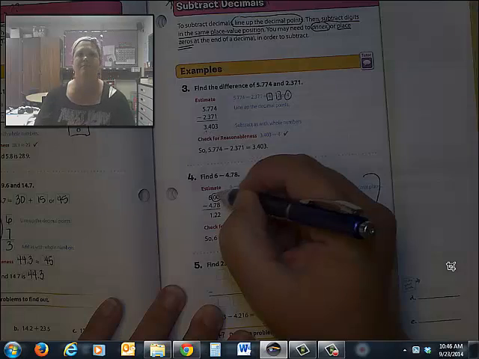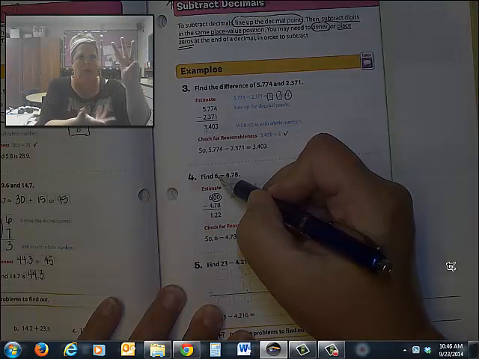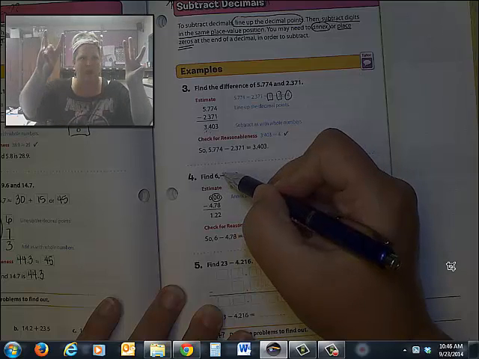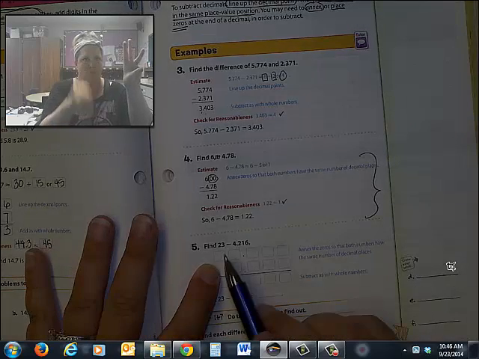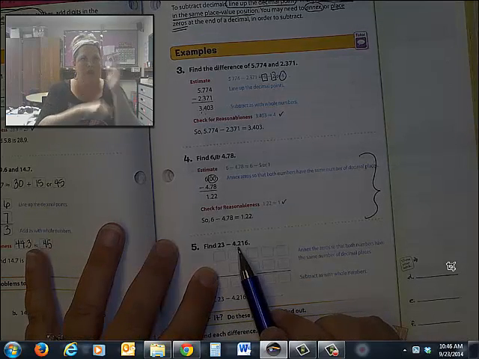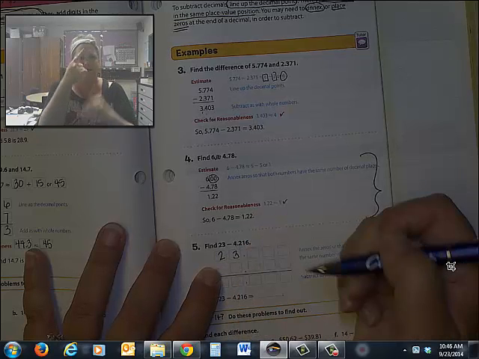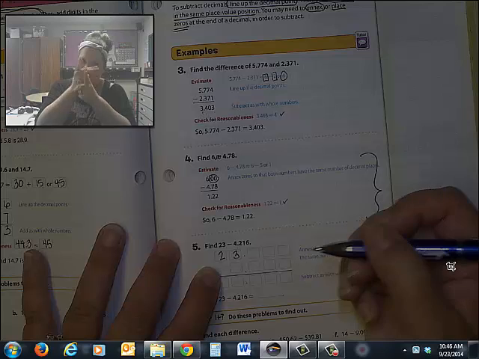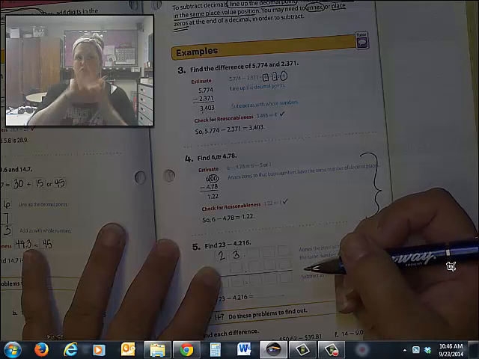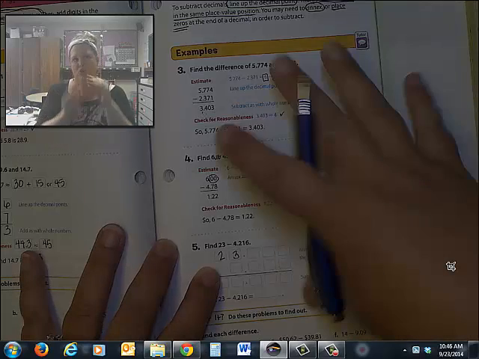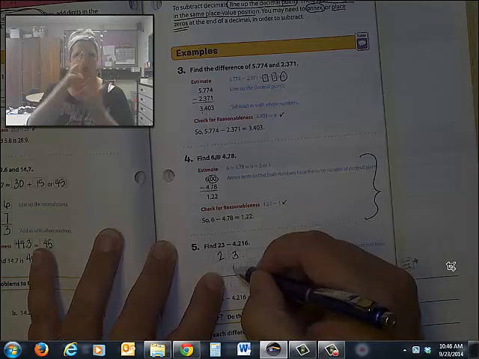They gave you zeros, they annexed, because remember whole numbers have an imaginary or invisible decimal, and then you can add zeros on the end. Down here at the bottom, we have 23, take away 4.216. How nice of them to provide some boxes to help keep you all lined up. You can always use graph paper to keep all this lined up, or turn your paper sideways. So 23, and then they gave us